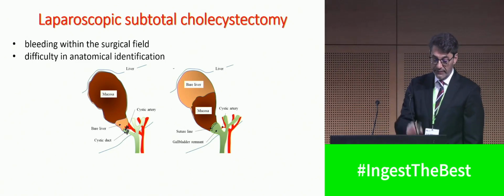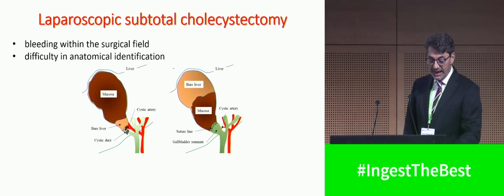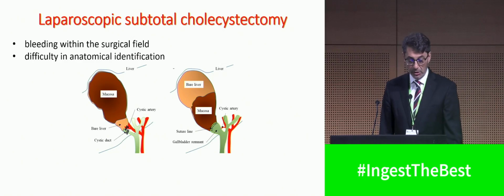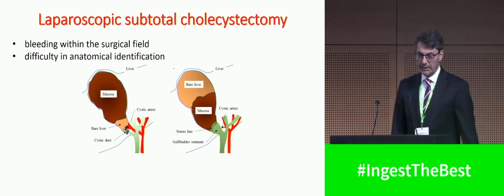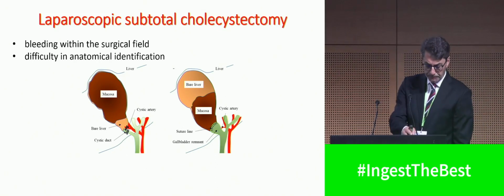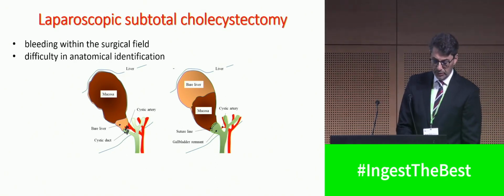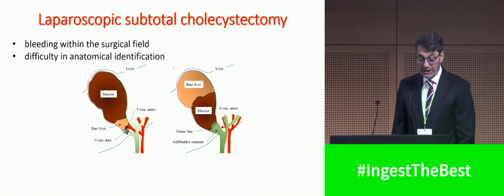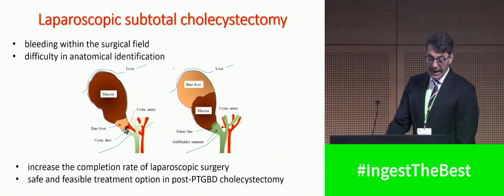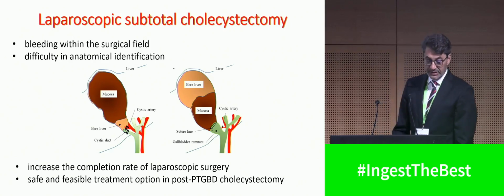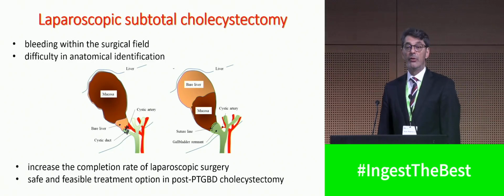You can ligate the cystic duct, take out part of the gallbladder and use diathermy on the mucosa, or you can suture the neck of the gallbladder. It increased the completion rate of laparoscopy and is a safe, feasible treatment option for the patients with